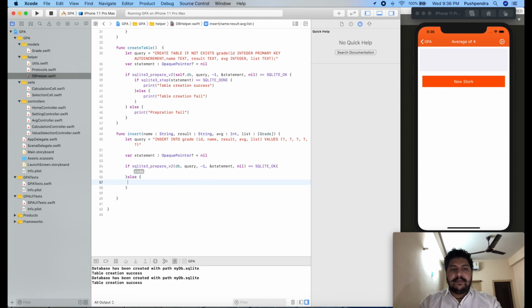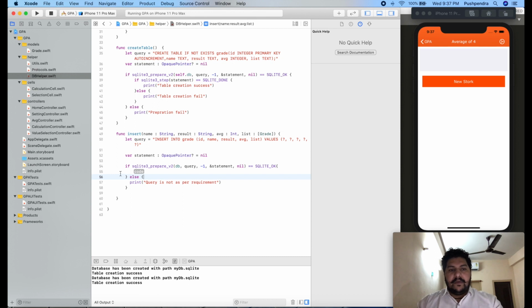And here you can mention any message you want to show to the user, or you can print your own message like "query is not as per requirement." That's it.